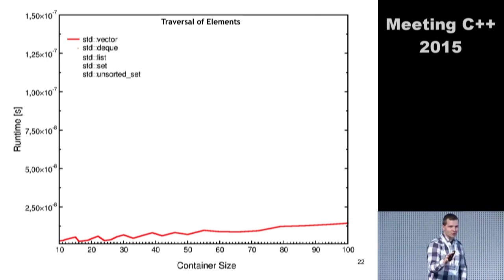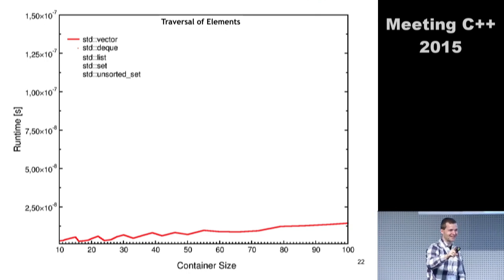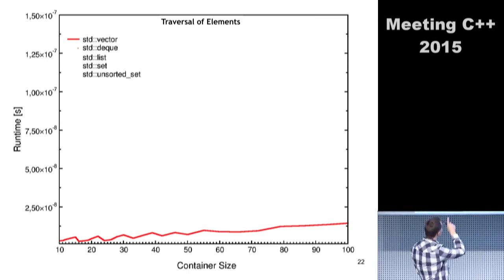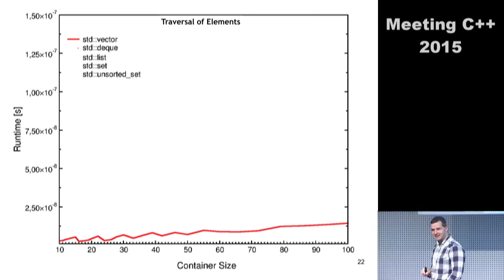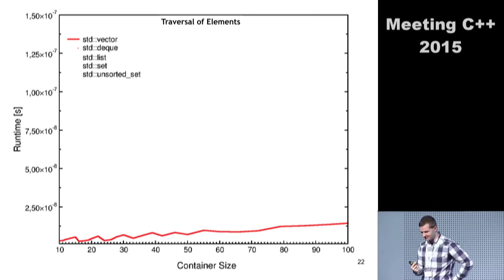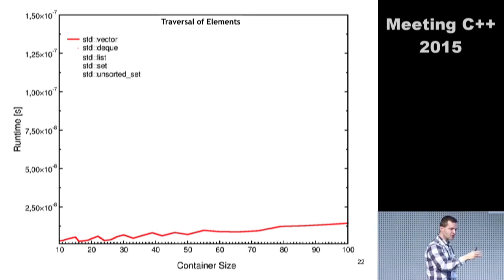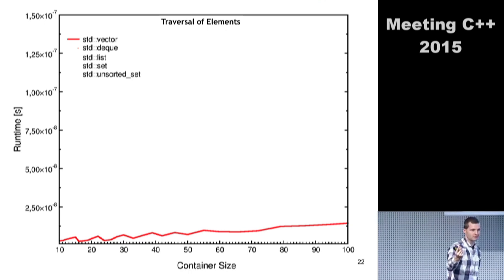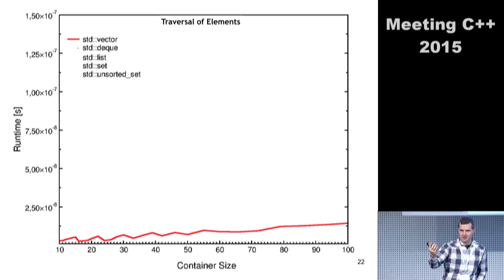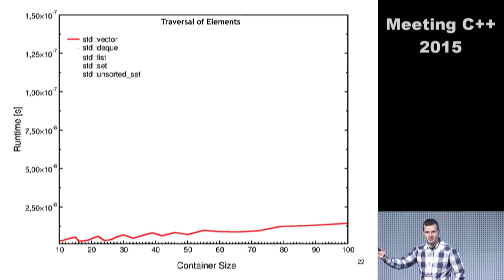Okay, to keep it a little more interesting, I do not show the result just yet. Let's talk about standard list first. So standard list is something that is, well, difficult to estimate. Well, I have one element. In order to go to the next, I have to follow a pointer to the next element. In order to go to the other element, the one after that, I again have to follow a pointer. And this definitely bears some overhead.